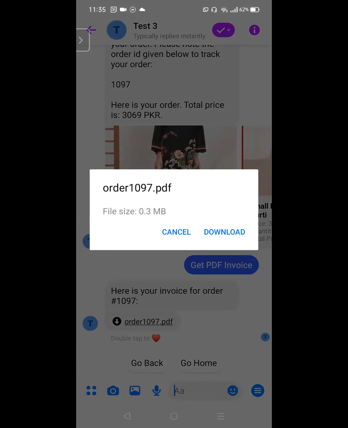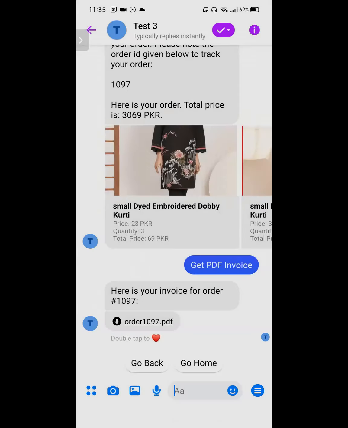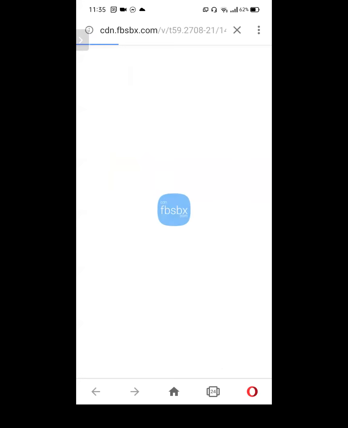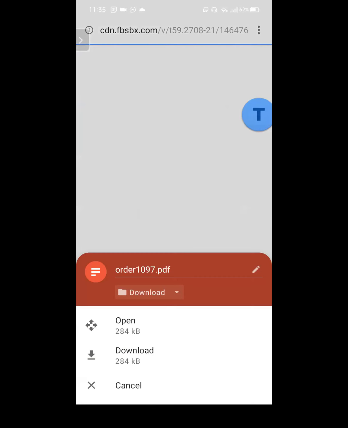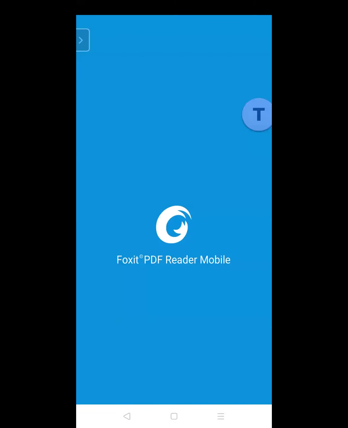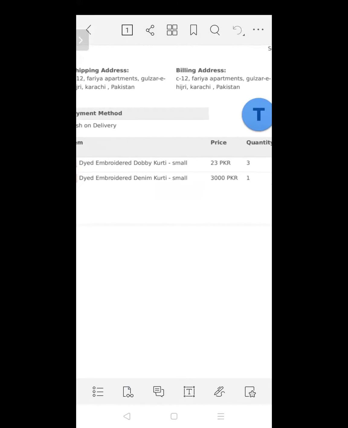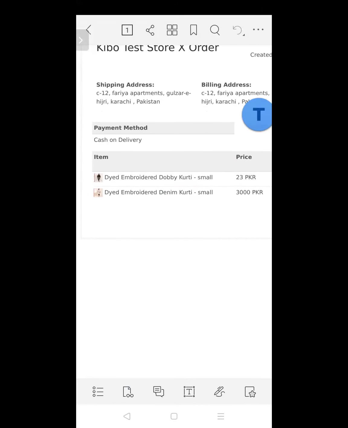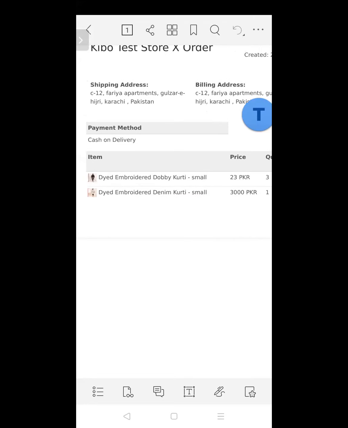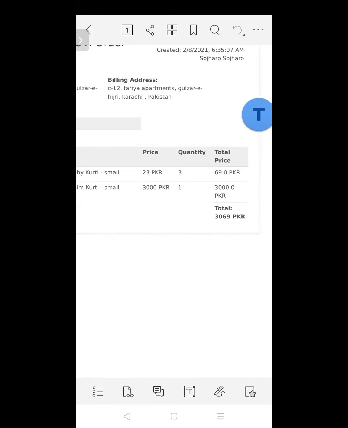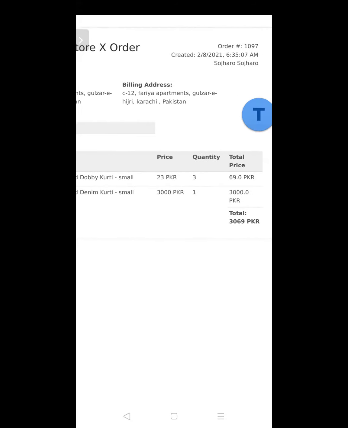It will download and open in a PDF reader. Now we can see two items in our PDF file. We can see this invoice. It shows the total price and the price of these two items that I added to my order.